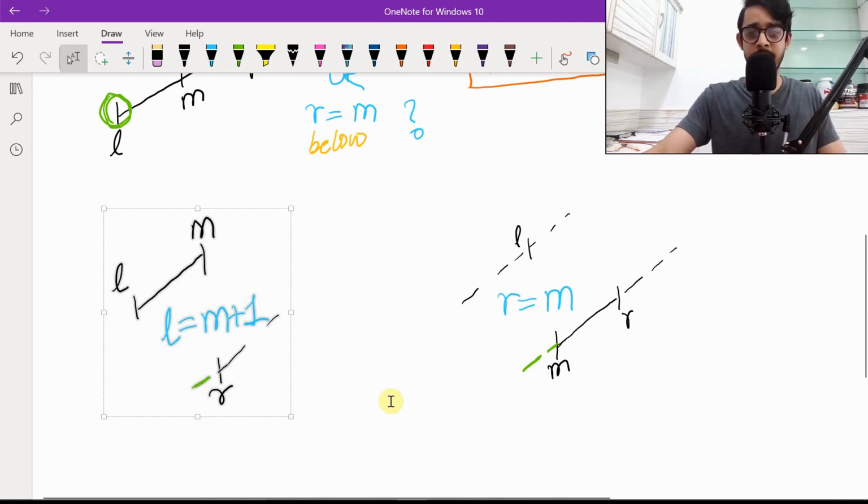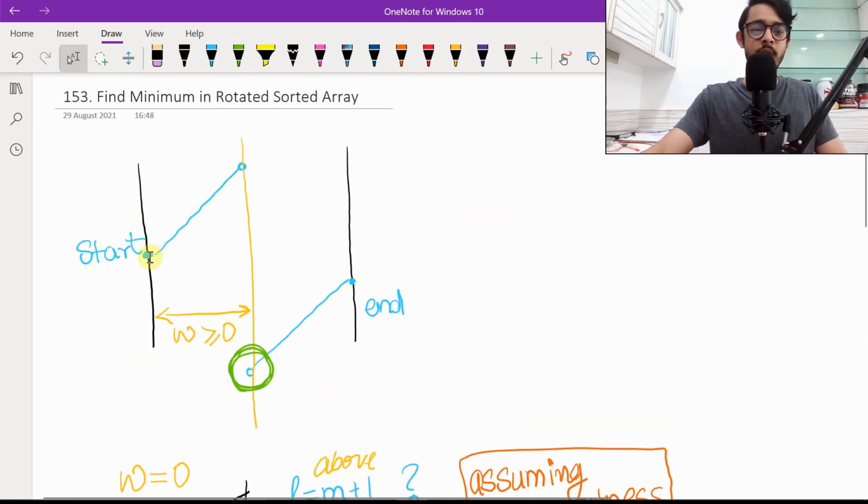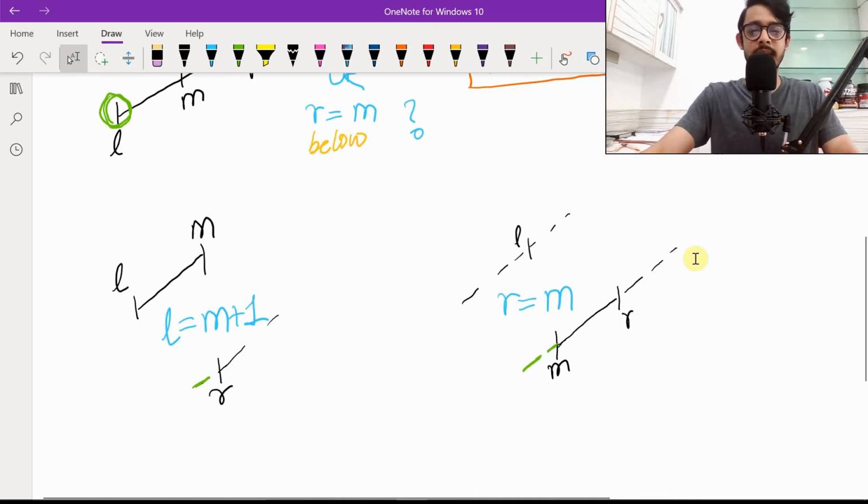In this case, what is happening? We're moving L to M plus 1. Basically saying that, you know what, we're ditching this starting point completely. We're just telling it to go away. We don't care about this. If M was a certain point here, then L will now become this point in the next iteration. Assuming the correctness of our solution, we can never get a case where L is here and R is here. Feel free to take more examples and use both of these below points over here.